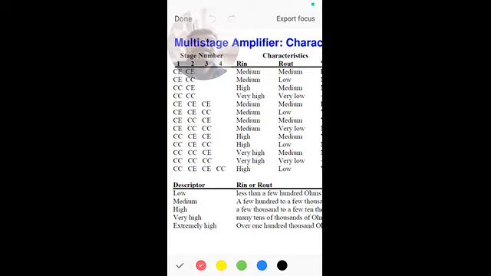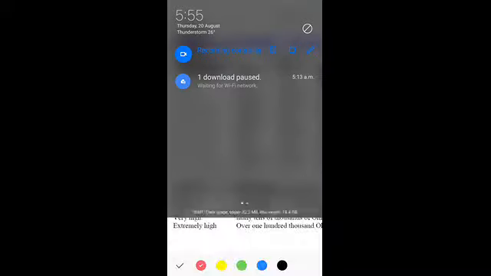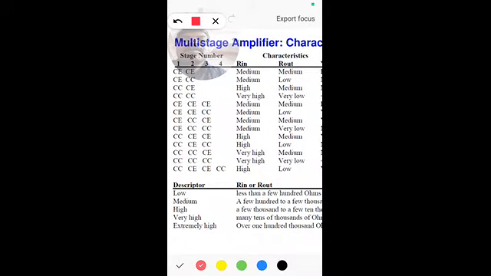When the combination is CE, CE and CC, this is the combination. For this combination, the first two stages are CE and the last stage is CC. In the first two stages we have moderate input impedance and moderate output impedance. So we are going to have a medium input impedance in the first two stages,